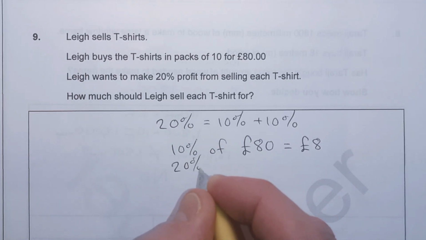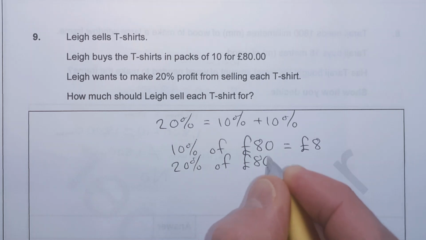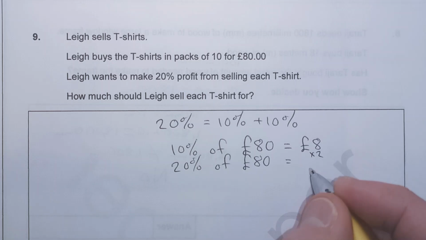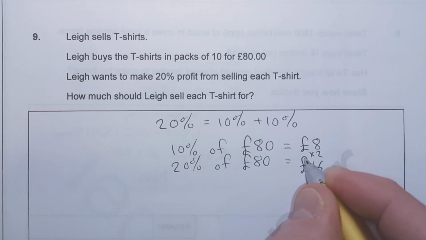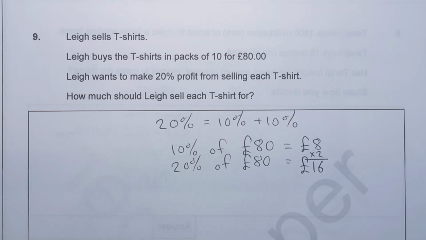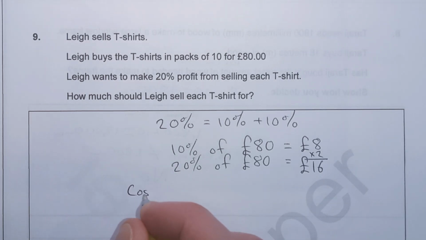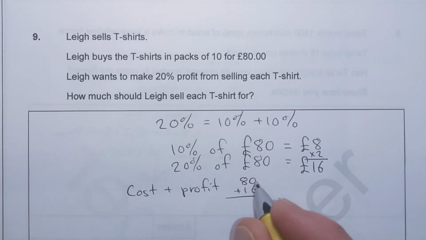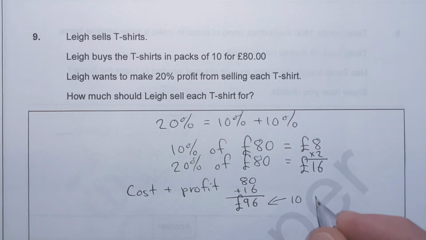So if I want 20% of £80, well, it's going to be 2 lots of that, multiplied by 2, or 8 plus 8, which is going to give me £16. Okay, so that's the profit. So the cost of the t-shirts plus the profit will be 80 plus 16. Well, 0 plus 6 is 6. 8 plus 1 is 9. So we've got £96. That's for 10